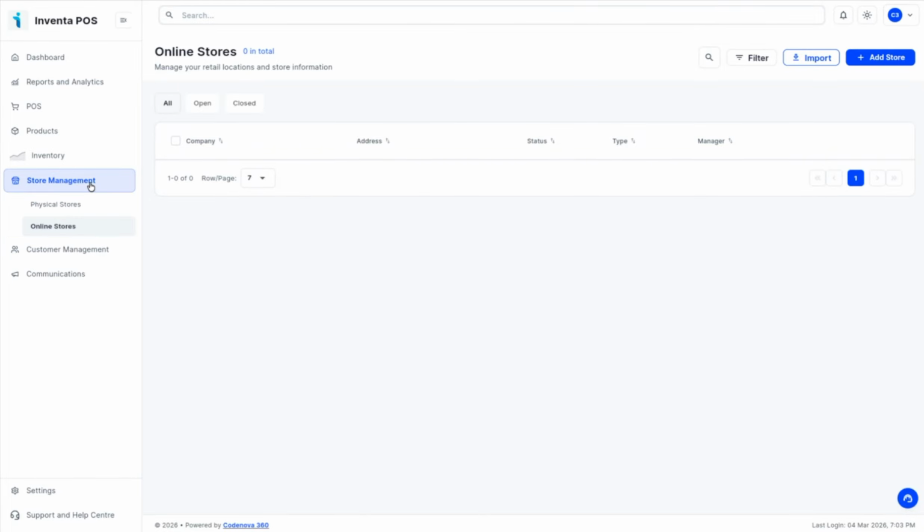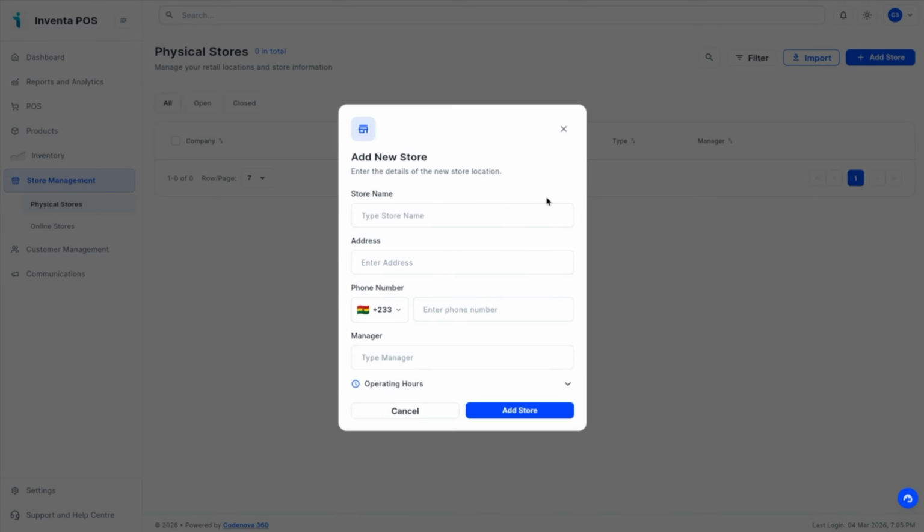Go to the store management. Here currently we have physical stores and online stores. So if you have multiple branches for your business, you can go over here and add a store. So here I can name this store Conova